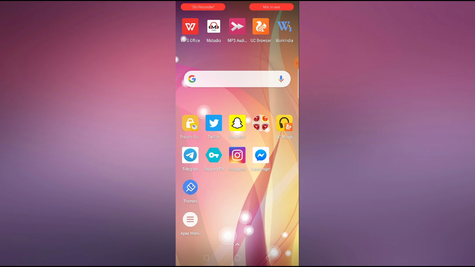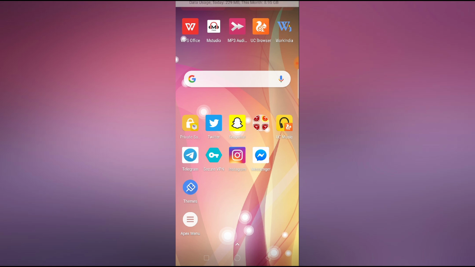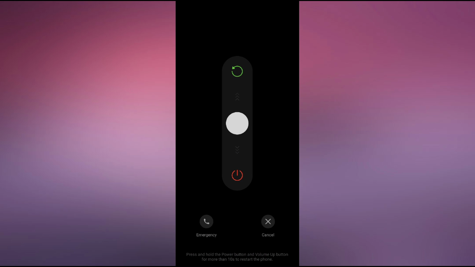So guys, first of all, make sure that your internet connection is on. Please check your data connection, scroll down the option and just check it out. And then the second method is you have to restart your phone. You have to restart your phone here, and then